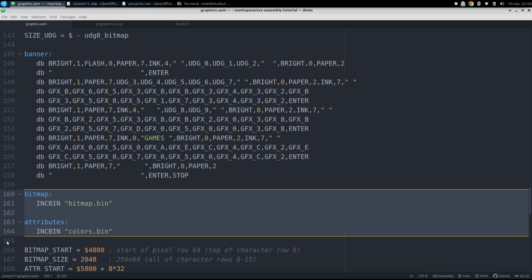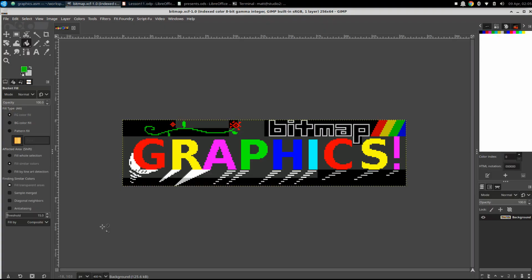Doing this kind of include lets us use a more generic image creation program, and in this case we started with GIMP, which is a multi-platform free and open source alternative to software like Adobe Photoshop. GIMP lets you set up a custom indexed palette for your image, so for the Spectrum we want to mimic what the attributes allow. This means a 16 color palette that's in the same order as the Spectrum palette,